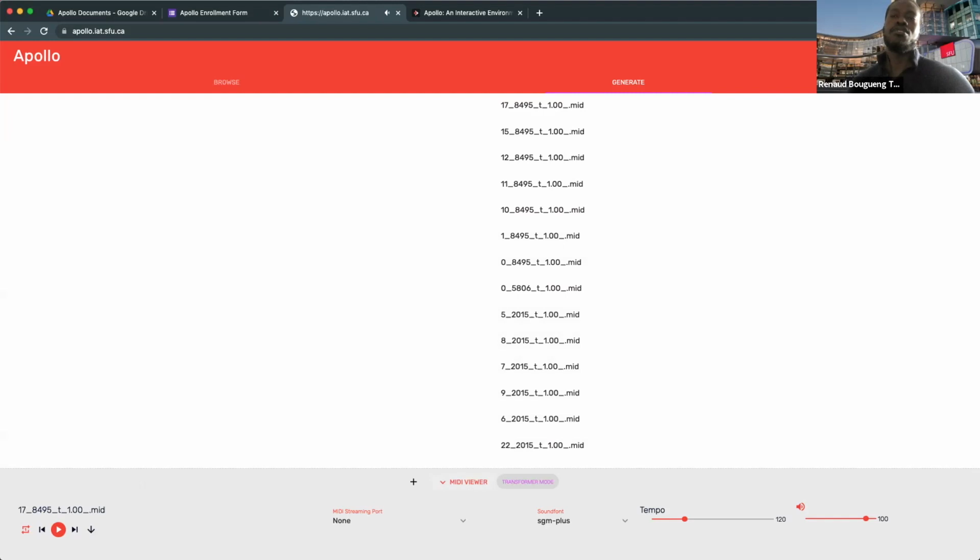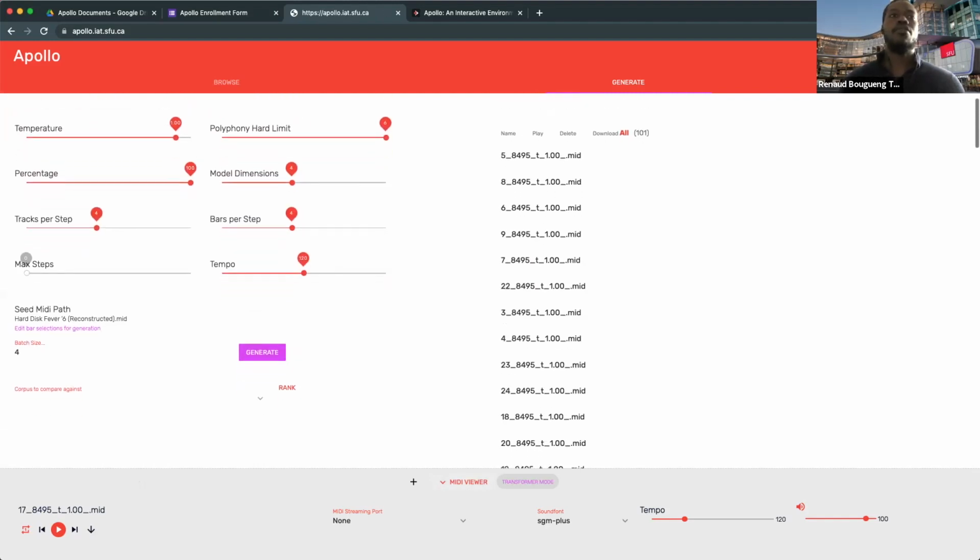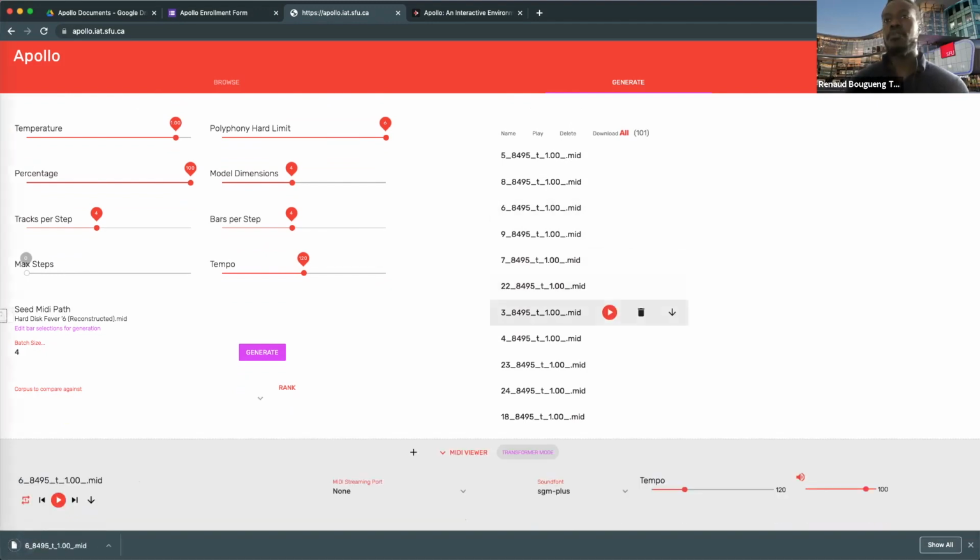That's it. So that's the idea. Using batch generation again allows us to very quickly generate interesting variations that we can start from and work from. Again, I can go to one of these, make changes to it, generate again, and then what I like, I can say, okay, I'm going to download this, or I'm going to play this in Ableton and see how it sounds. And then you can also download all of them with this all button. It will give you a zip of whatever is in